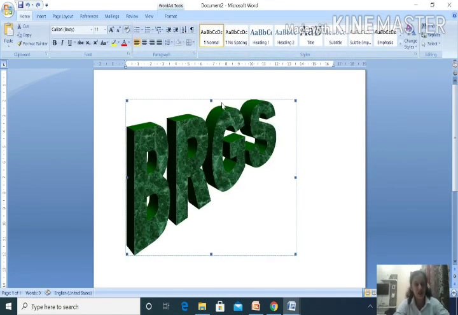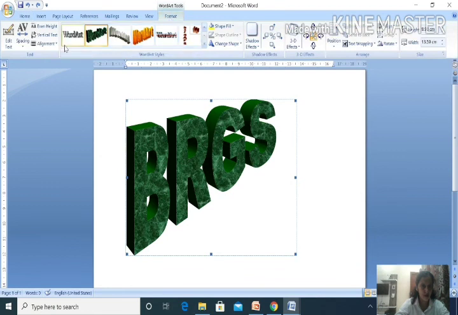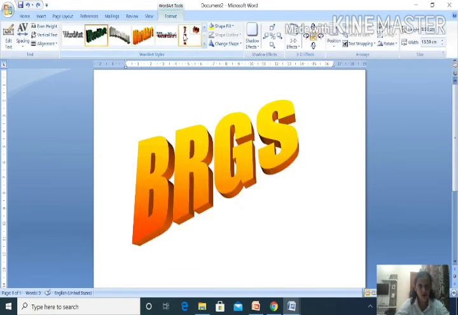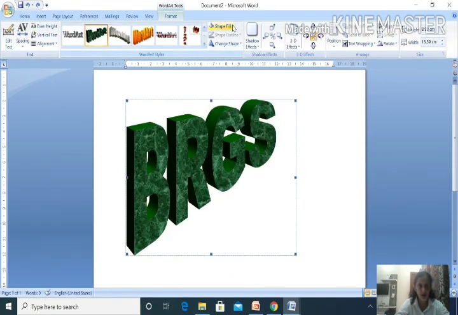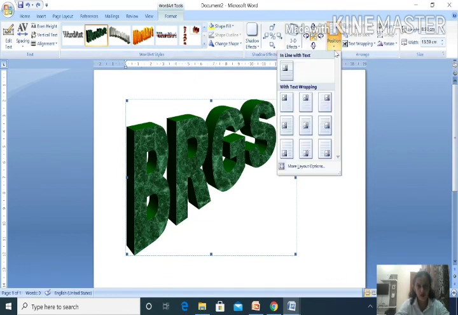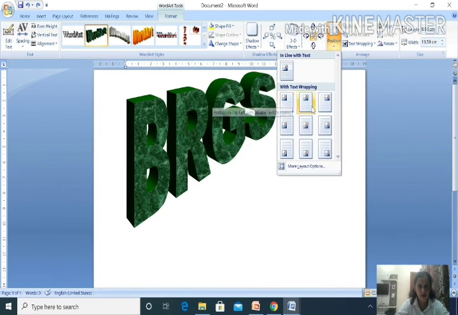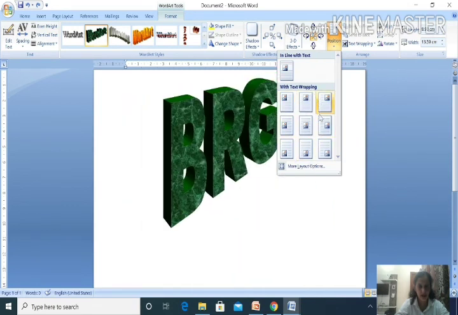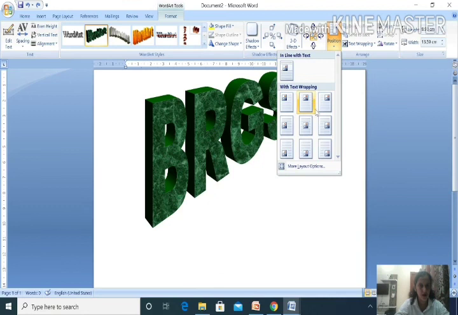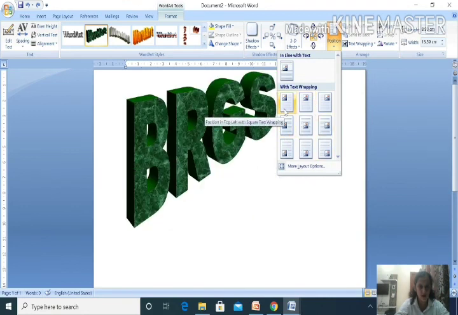So you can see here option we have BRGS. Text is written. Now I want to go to format tab. Format tab में we have options of word art. If you want to fill the shape from here, shadow effect if you want to give, you want to position the text, whatever you want to do in the text, that will be done in case of formatting of the word art. So I think this is clear.